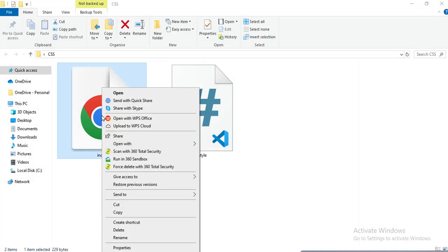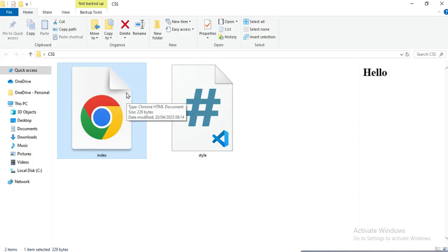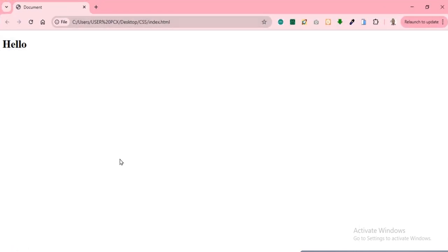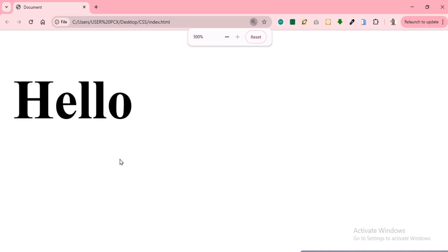So let me right click the index file, click on open with Chrome or just open. So you'll see what I've done so far. Alright, so this is what I've done so far. You can see this is just like a recap of HTML. So this hello I've done. So another way to open